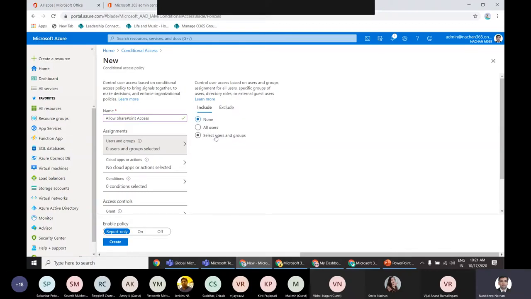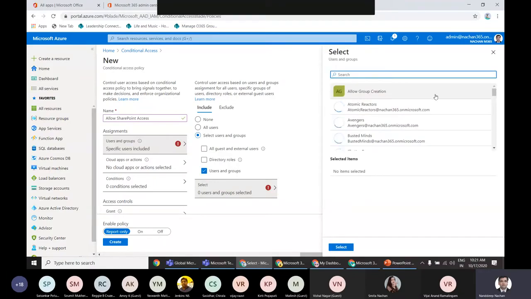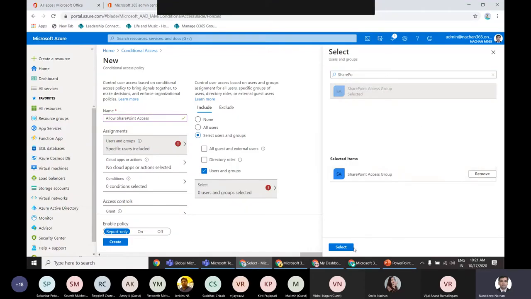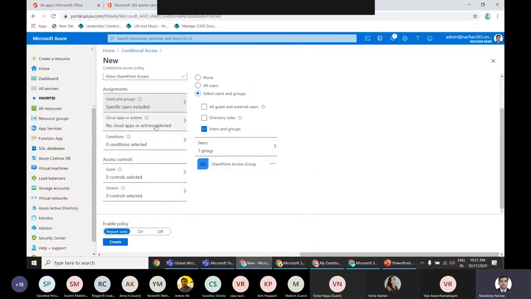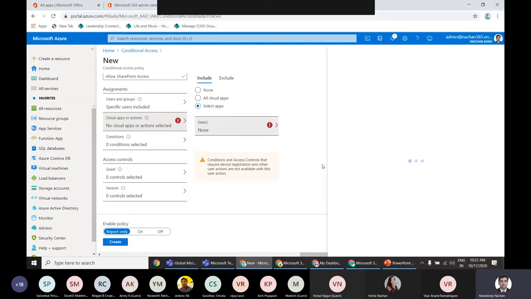Either all users or selected users and groups, and in those groups we can select the group that we created before for SharePoint access. We can add that group here, and then define from which cloud apps they will be able to access SharePoint. If there is none, then they will be able to access it throughout. Otherwise you can have it from all of the cloud apps, or even select the apps by which they will be able to access SharePoint.